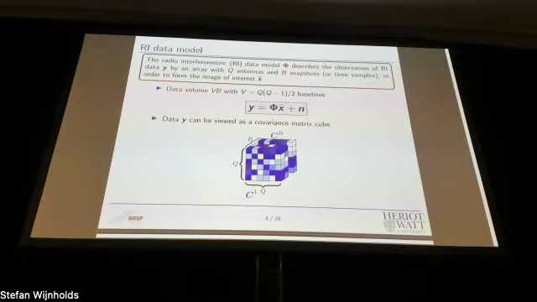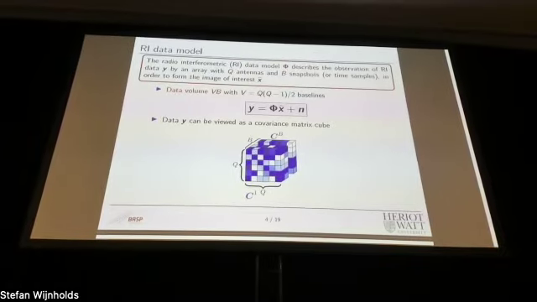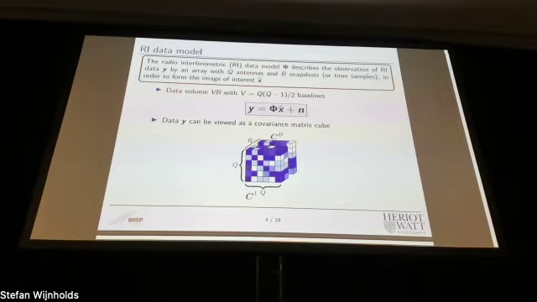So if we have a data model y equals phi x hat plus n, where x hat is the image we want to seek, phi is the degridding matrix that would form the data y with some complex Gaussian noise n. The data volume is VB, where V is the number of baselines. But we can also view the data as a covariance matrix cube, which is of size Q by B. So VB is just the upper triangular part of all the covariance matrices you see in the blue cube.